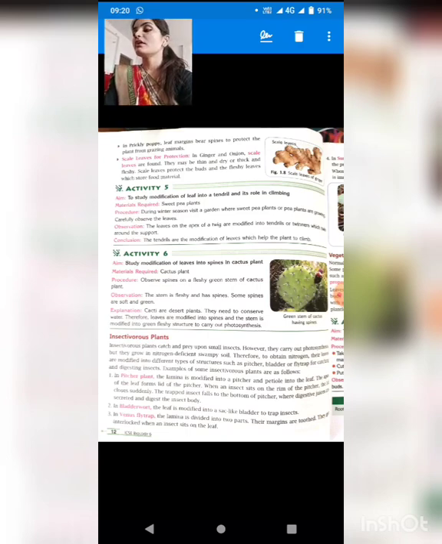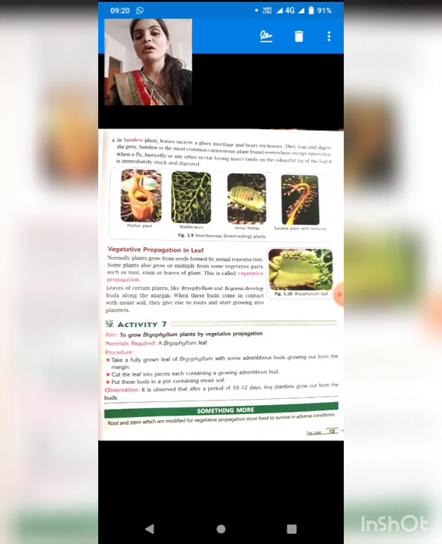Now insectivorous plants are those plants which can catch prey, catch and prey upon some insects. However, they also carry out photosynthesis, but they also catch insects. With the help of this diagram, there are some insectivorous plants, students. In figure 1.19: the pitcher plant, the bladderwort, the Venus flytrap, and the sundew plant with tentacles.